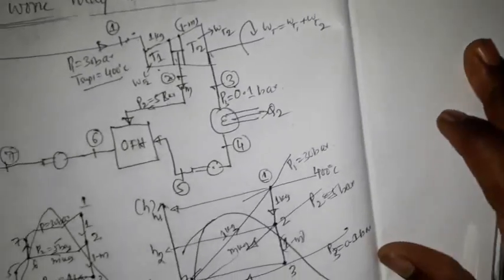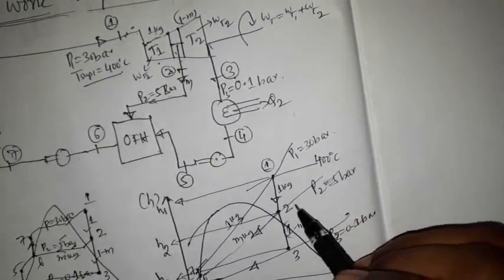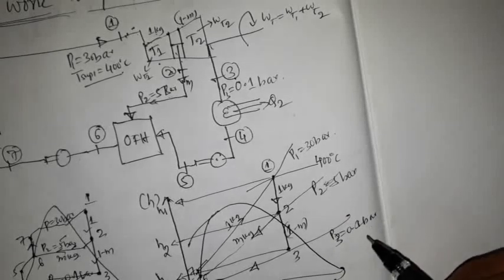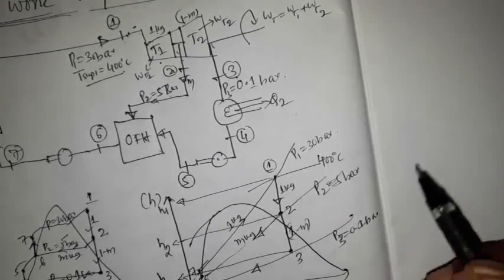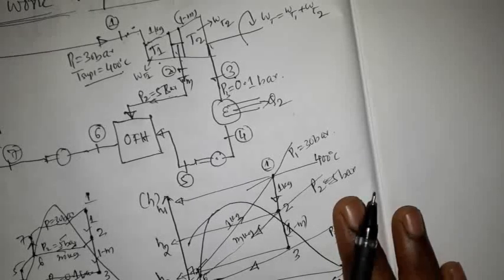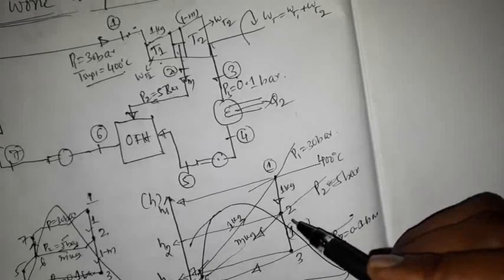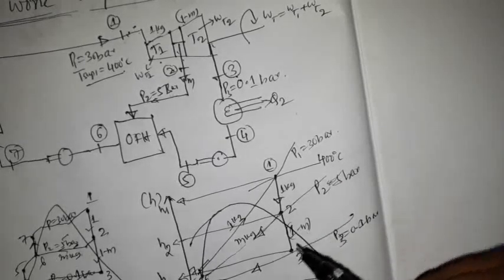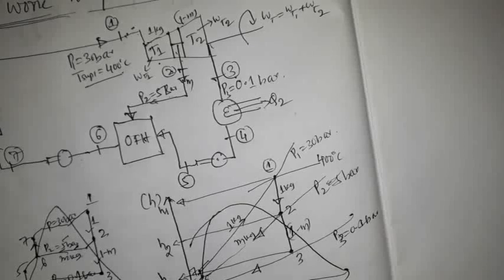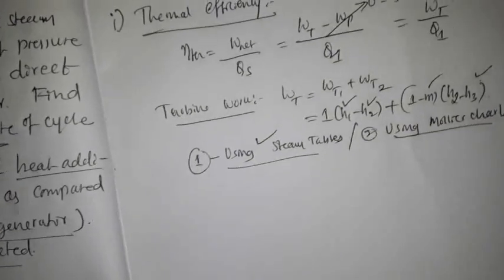So that is at P1 pressure, what are the properties, and at P2 pressure what are the properties, and at P3 pressure what are the properties, that is entropy values and enthalpy values. So we'll note down and we'll analyze these processes to get the unknown values, that is enthalpy values, to calculate the enthalpy values. Now from the steam table